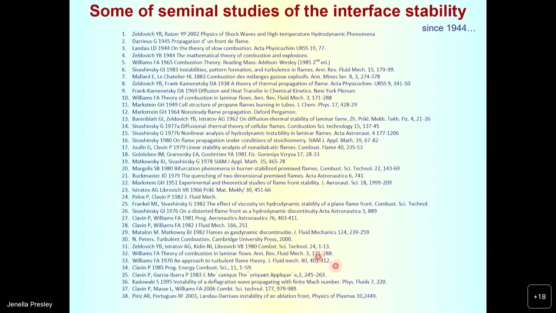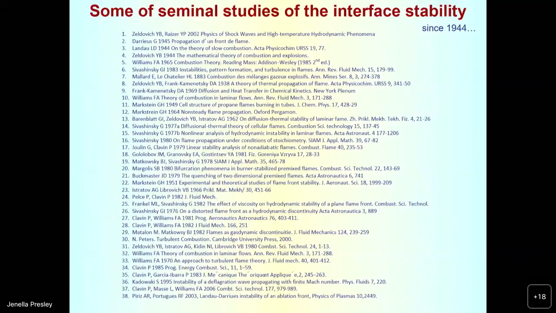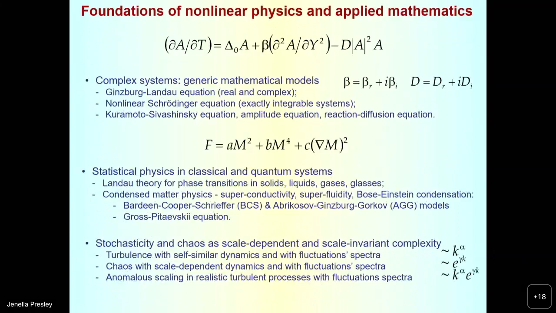It's maybe some incomplete list of seminal studies of interface stability, and you can imagine how many careers have been developed, how many successful approaches have been developed. Furthermore, when people were trying to resolve the problem, they built the foundations of nonlinear physics and applied mathematics, because what is this sort of equation? It's a complex system. It's a generic mathematical model with complex coefficients beta and d, the complex Ginzburg-Landau equation, which may be reduced to the nonlinear Schrödinger equation, an exactly integrable system, or the Kuramoto-Sivashinsky equation, amplitude equation,